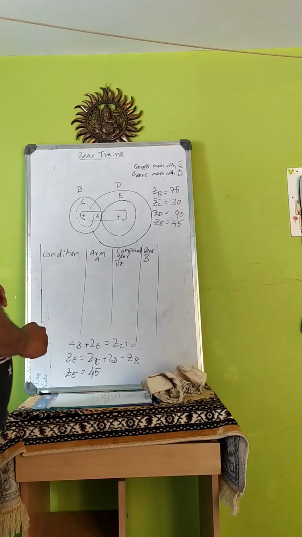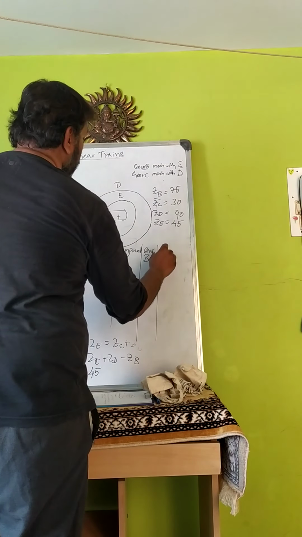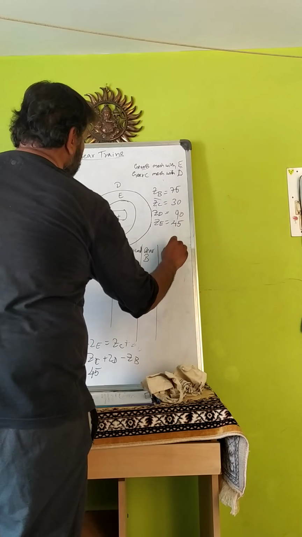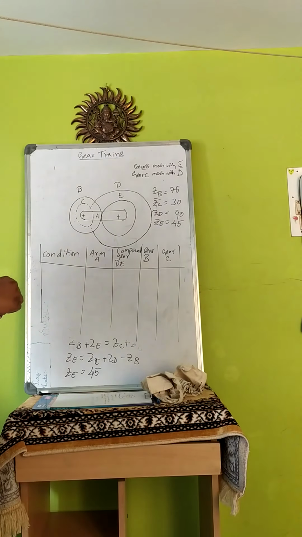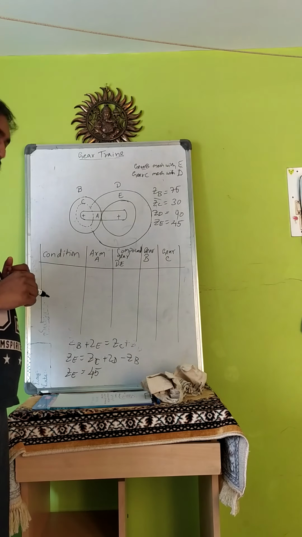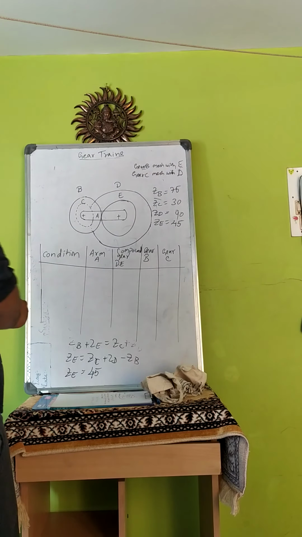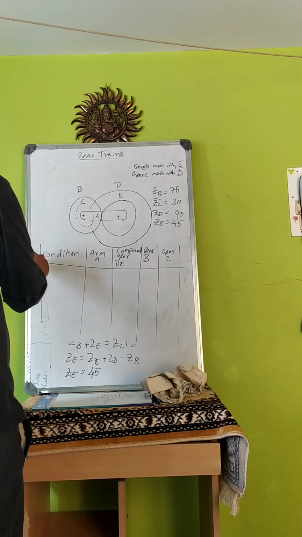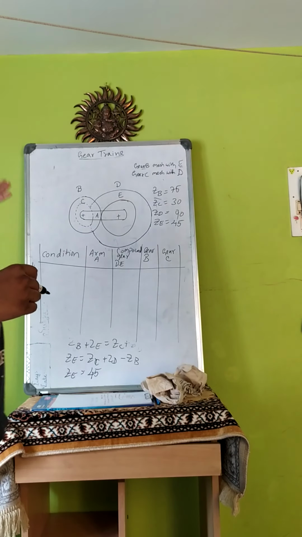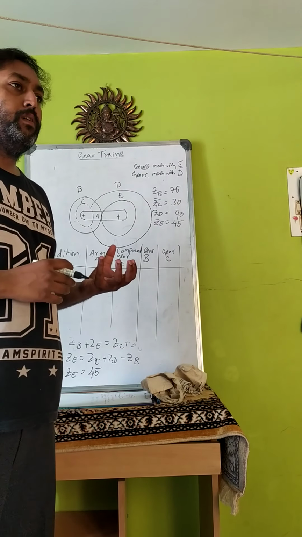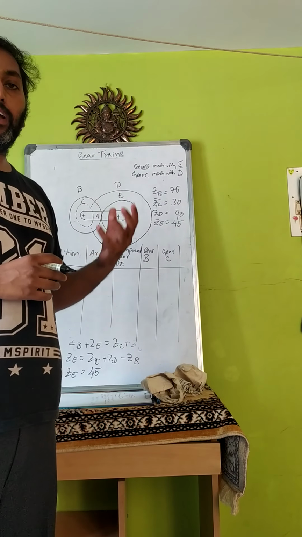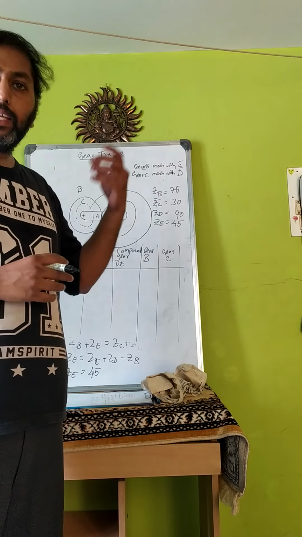Okay, gear B, and finally we have gear C. Okay, so this is how we have to write the table. So now the first row. The condition remains same. That is, we are now finding out as if arm A is fixed.